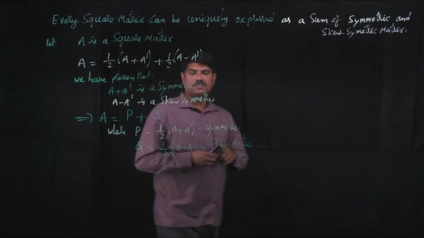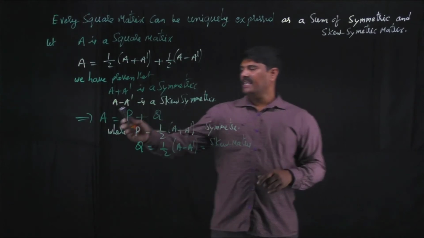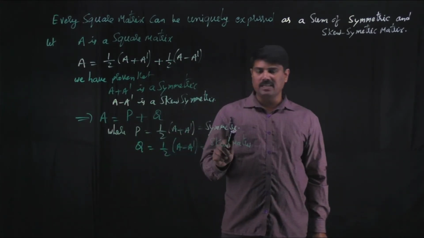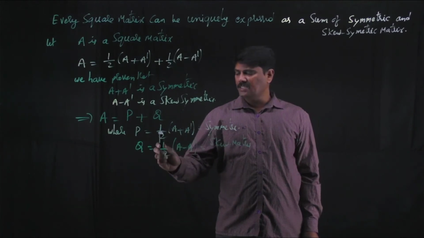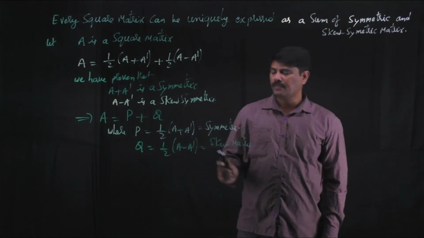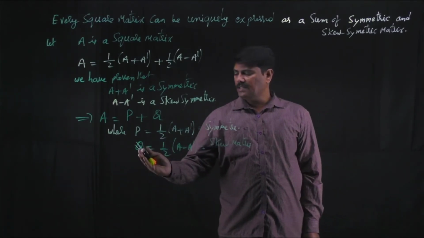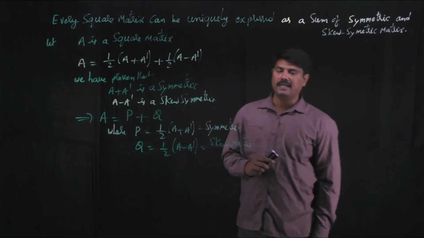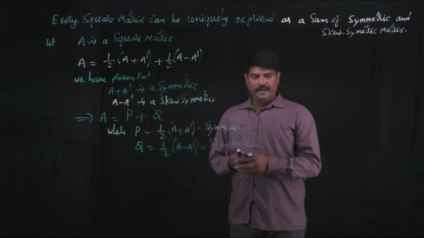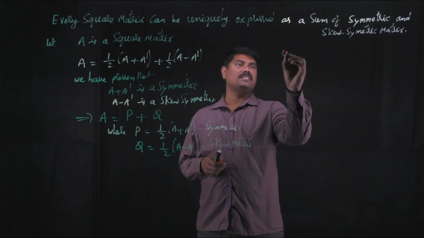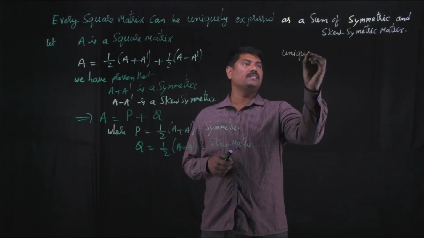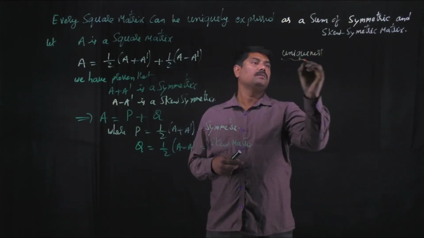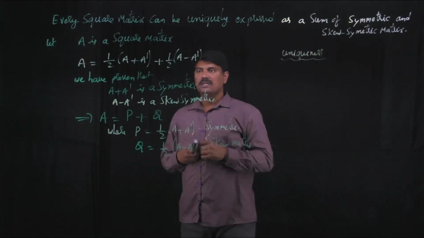So every square matrix can be expressed as a sum of two matrices. One is symmetric, and that symmetric matrix is half into (A plus A dash), and one is skew symmetric. If that is denoted by Q, that is half into (A minus A dash). Now let us check the uniqueness. How can you say that it is uniquely expressed? Uniqueness. Suppose